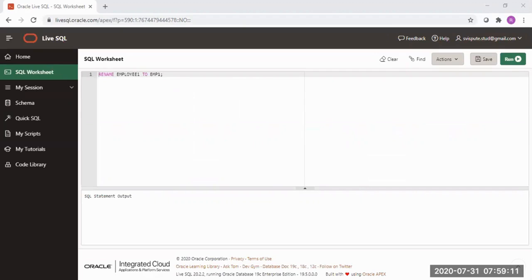The next is the primary key constraint. Whatever table we have created, now I will create here a new table with the primary key constraint using